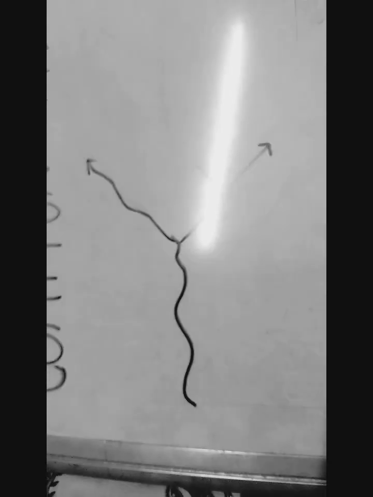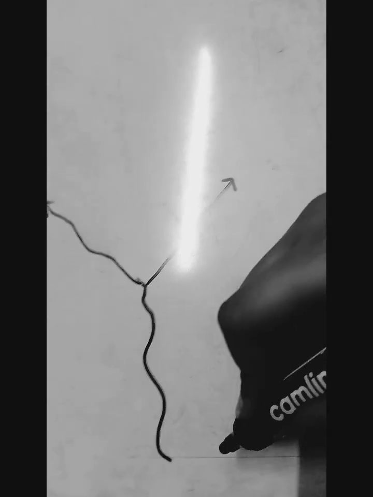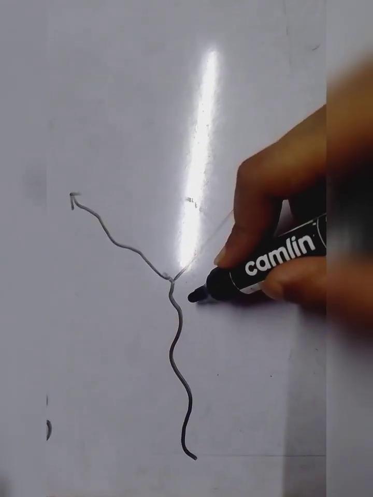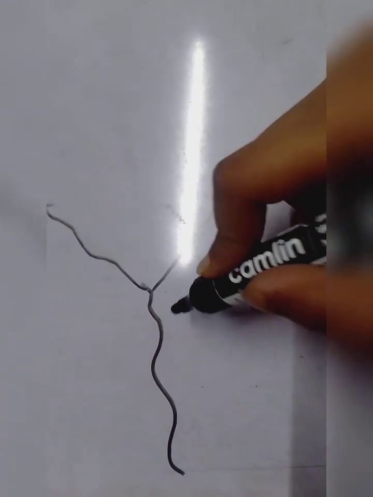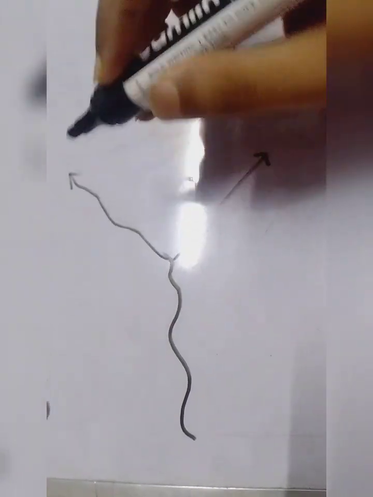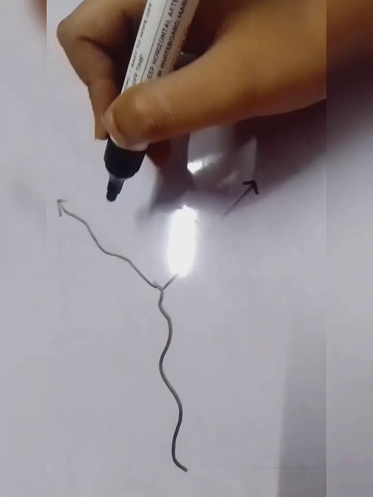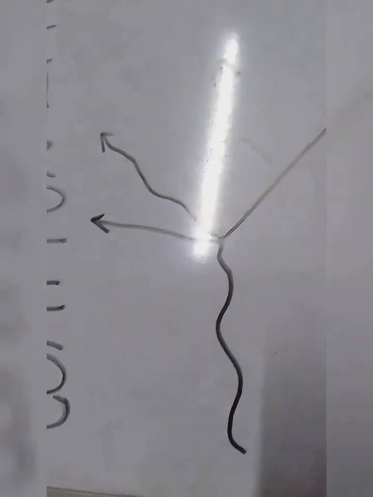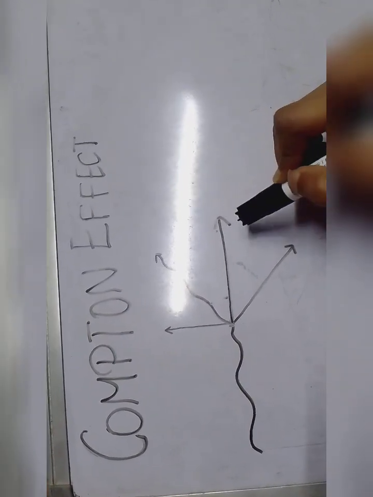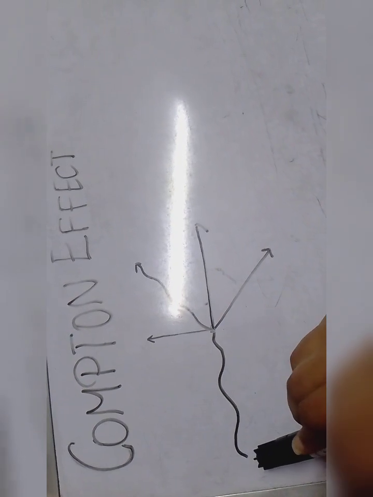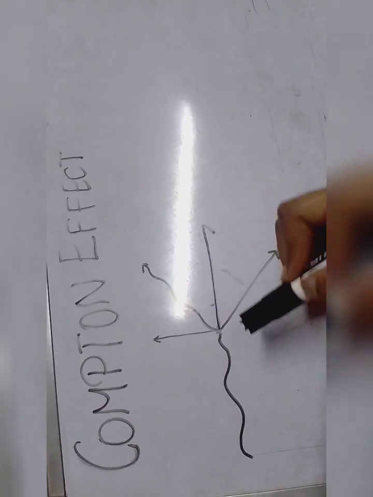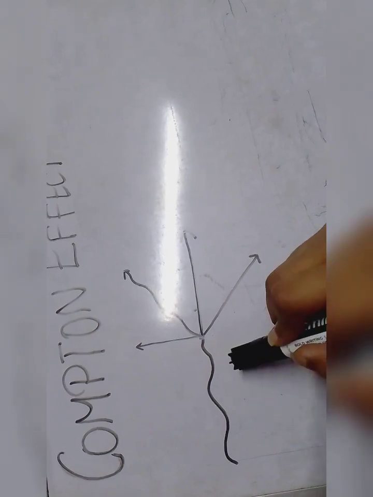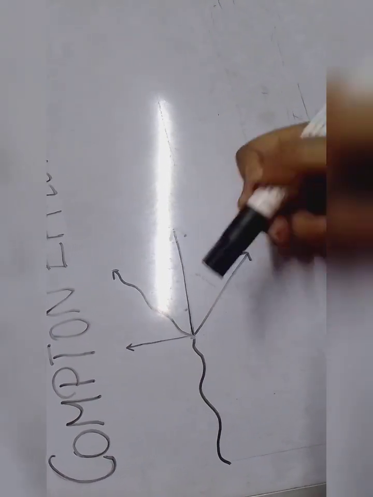As you can see, there is an X-ray photon which is incident on a substance, or you can say an electron, and then it has a collision and is scattered in two directions. So we will have its components also. I am taking its x-axis as this and y-axis as this. Compton discovered that when a monochromatic beam of very high frequency X-ray is scattered by a substance or stationary electron,